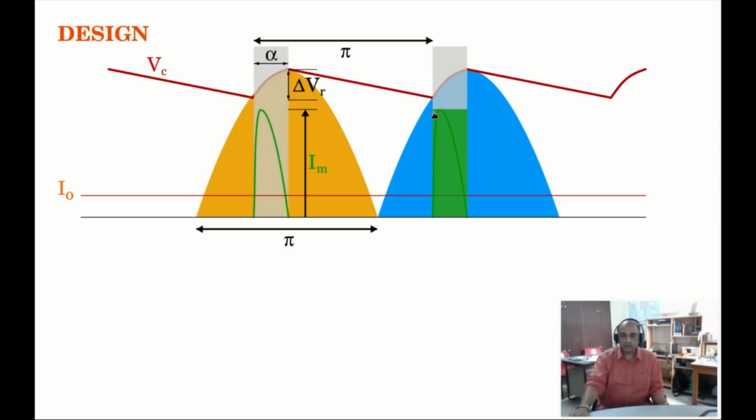So normally in design practice, we use engineering judgment here and say that for rating the devices, we will design the devices to handle this complete flat top rectangular pulse. It is much easier to design for that. And if we design for that, it will definitely handle this shape of current. This is the current wave shape that we will assume for design, only for design purposes, not for any analysis.